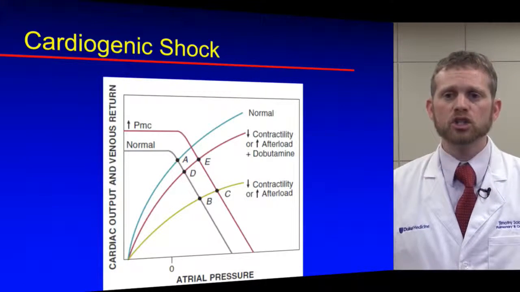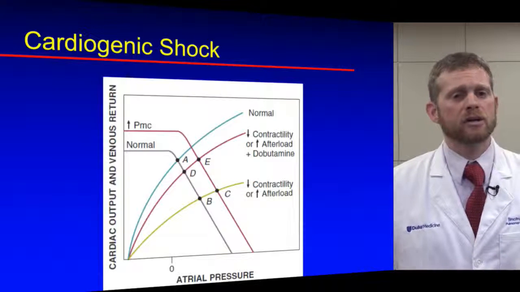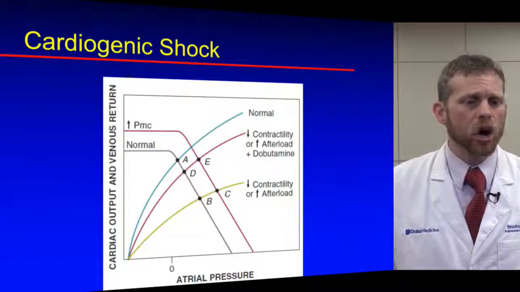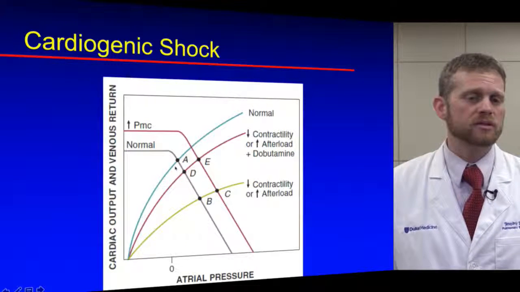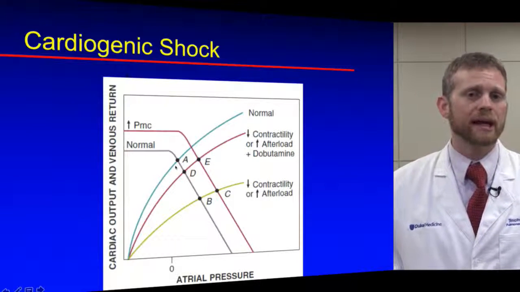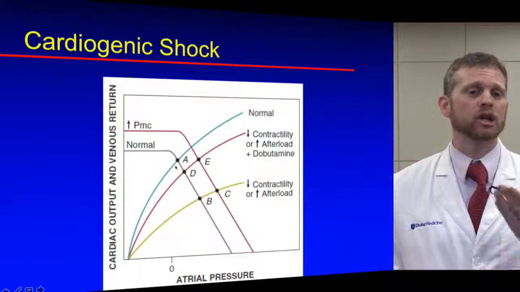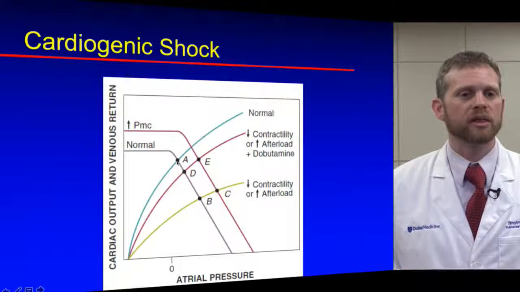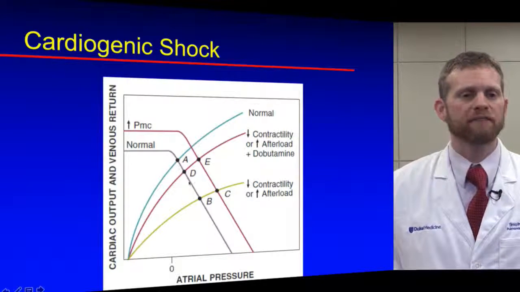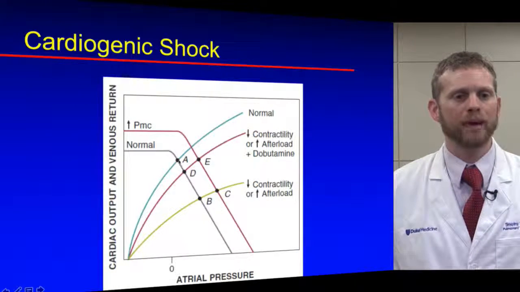What happens initially in cardiogenic shock is that there is a decrease in cardiac contractility, or, in the case of, say, hypertensive emergency or an aortic dissection, an increase in ventricular afterload. And what you end up with is a shifting of the cardiac function curve down here. So now we're on this cardiac function curve, and we go from point A